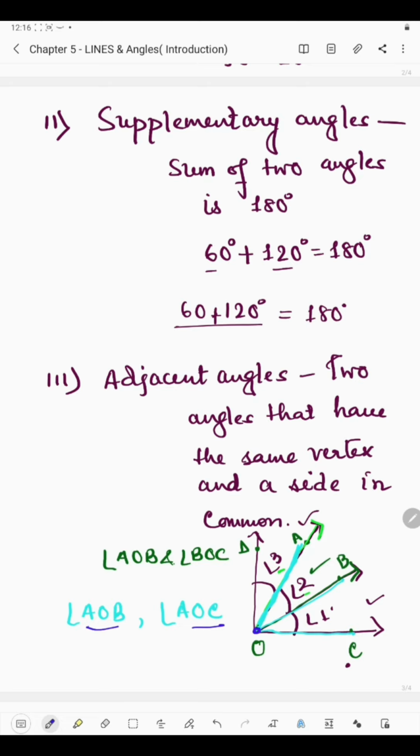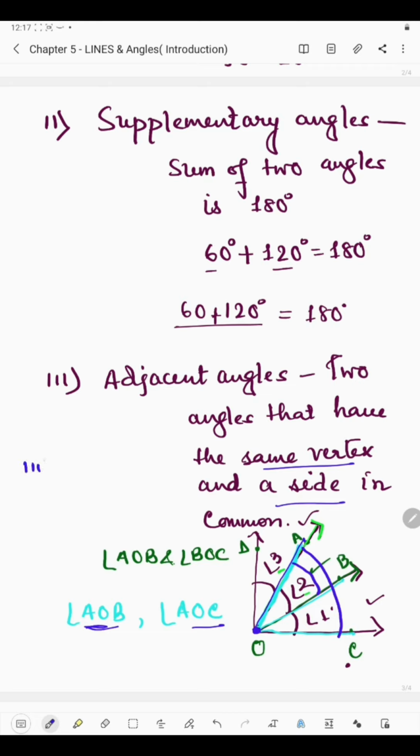AOB means this angle and AOC means this angle, isn't it? So here we have one common vertex and we have the common arm, which is OA. That means we know that in an adjacent angle, one common vertex will be there and a common side, which we have got. But another point